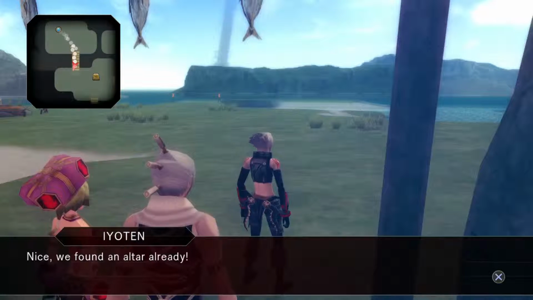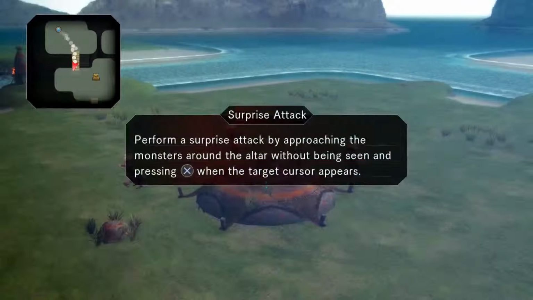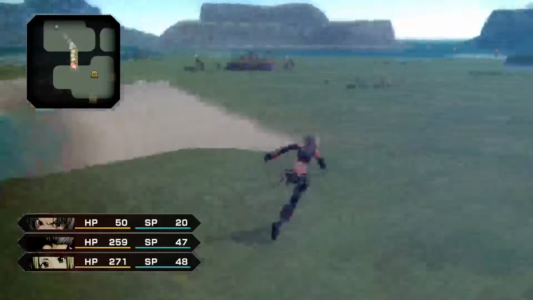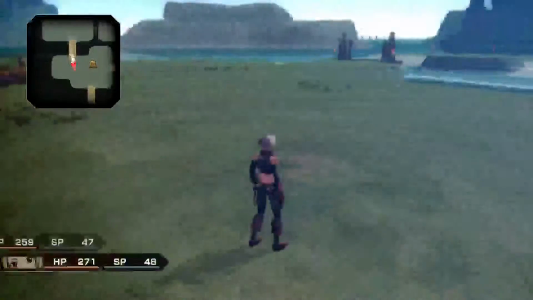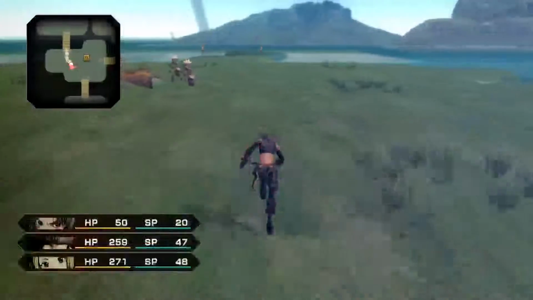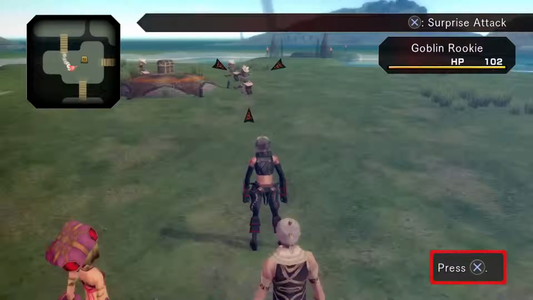Nice! We found an altar already. Let's see if we can get the surprise attack. Usually I sometimes have a bit of a tricky time doing this, but let's see. Okay. And...